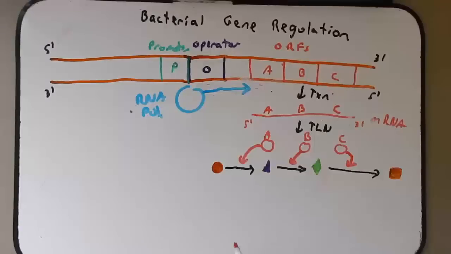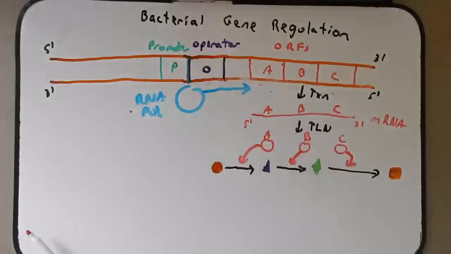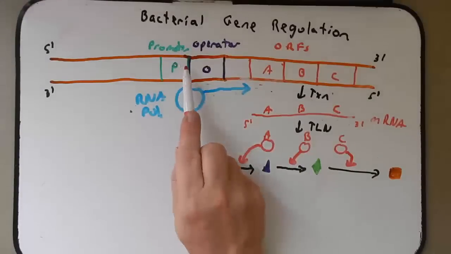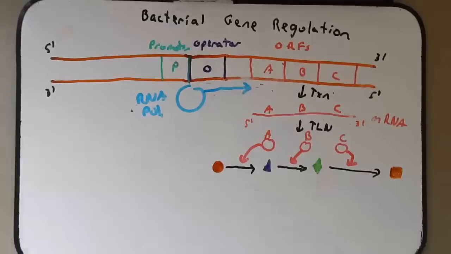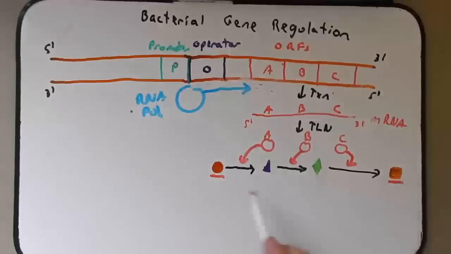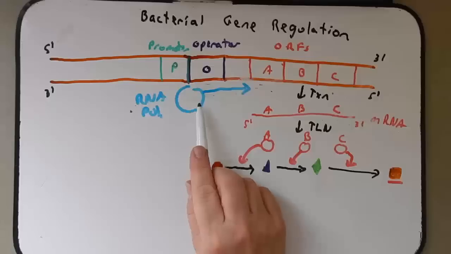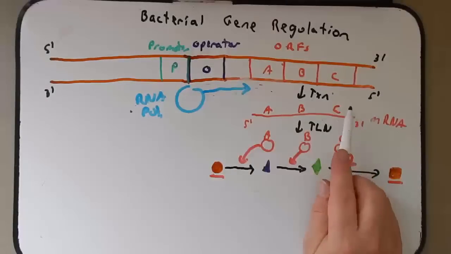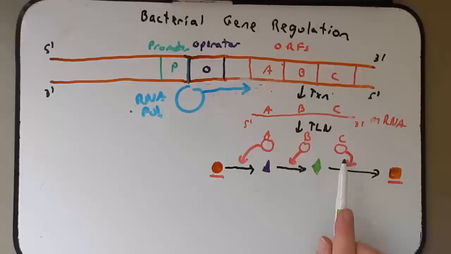So in this way, what bacteria can do, and it's very convenient for them, they can turn on all these genes by having just one regulatory component. You activate here, it turns these all on in order to make a certain product. As we'll see, sometimes this substrate or this product is important in regulating this operon. Now it's important to make sure that whether or not this operon is turned on or off is highly regulated. There's no reason to make all these proteins if you don't need them.